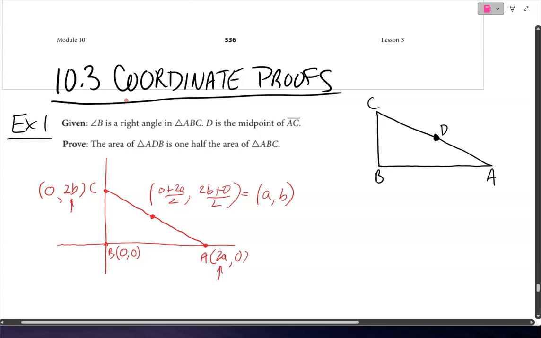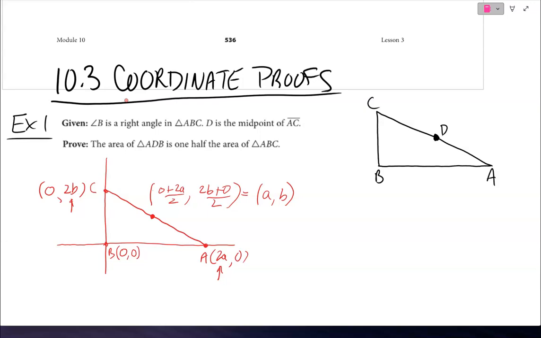coordinates like a and b, why not call it 2a and 2b? Because then whenever we find midpoints, then we know that we're going to have even numbers, and that'll be divisible by 2. Okay, so it's not required, but it's just a little trick that you can do to make the calculations easier. Okay, now we're trying to find the